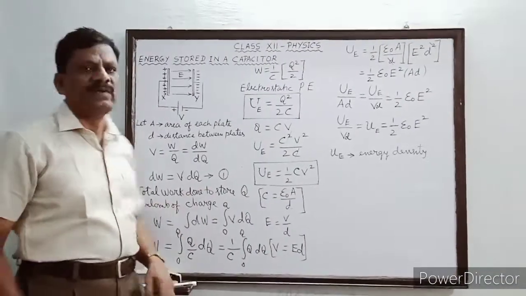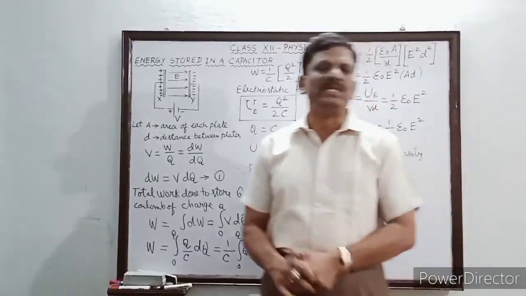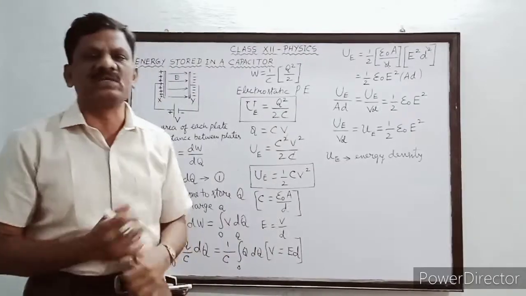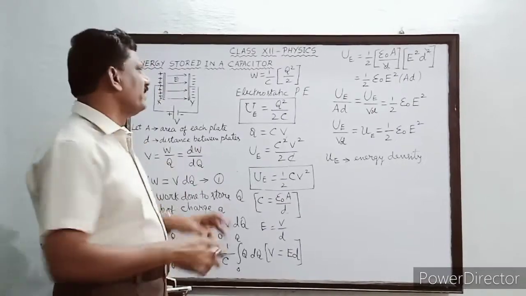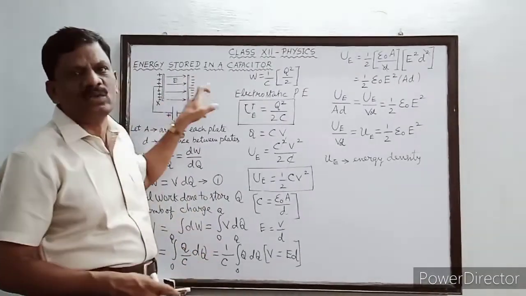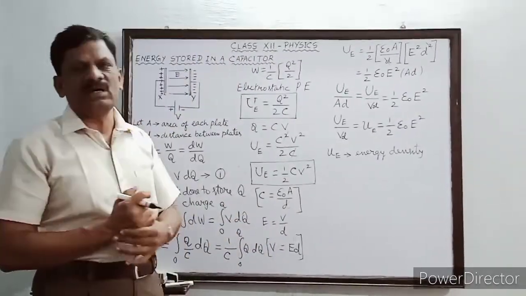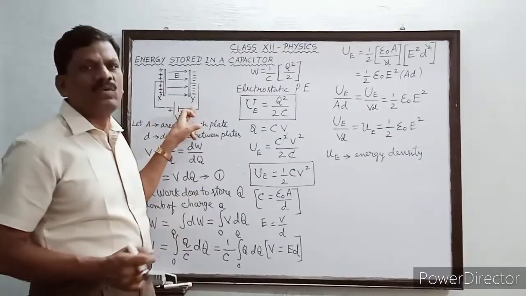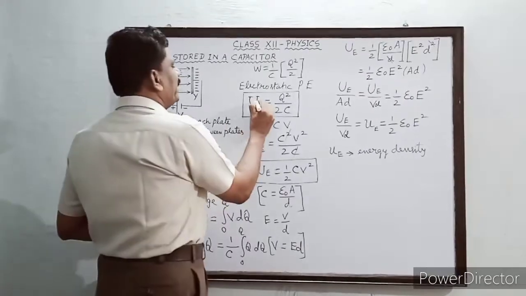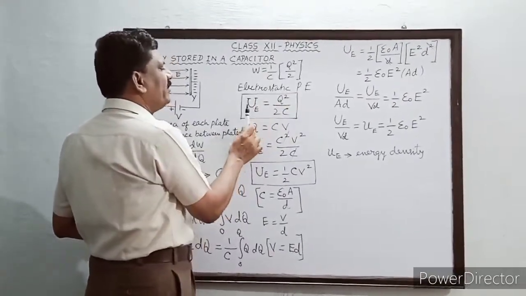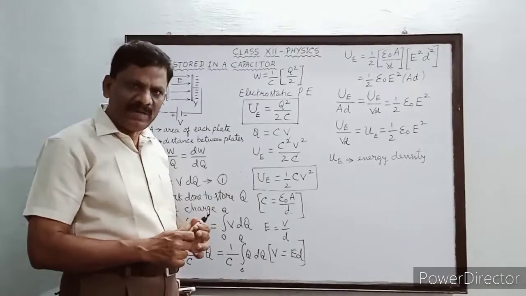So what we have derived actually is two expressions. One is the electrostatic potential energy. And how do we define that electrostatic potential energy? It is defined as the work done by the battery in transferring the charge of Q coulomb from one plate to the other plate. So it is driving the charges. If Q coulomb of charge is driven from plate X to Y, then the work done by the battery is stored as the potential energy, and that electrostatic potential energy we have derived as UE equal to Q square by 2C, where C is the capacitance of the parallel plate capacitor.